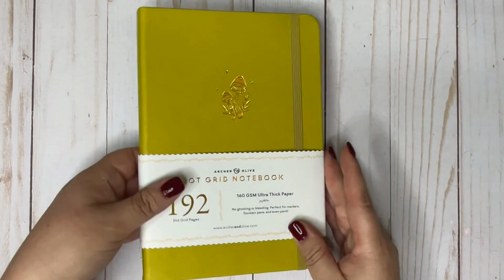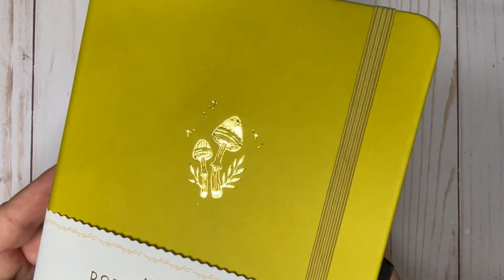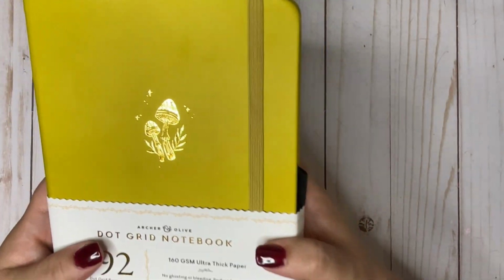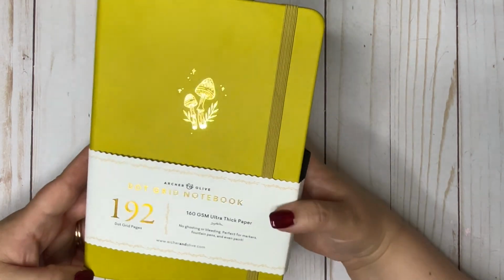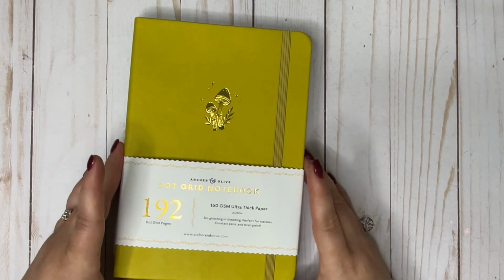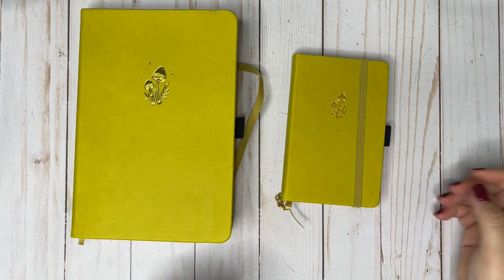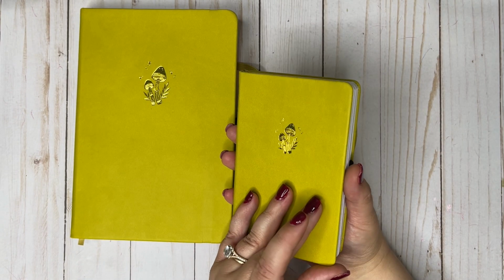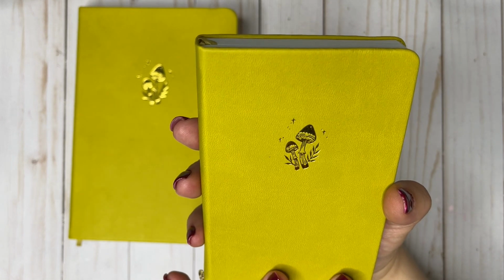My name is Valerie, and I am back today to set up my next journal with you guys. It is going to be my bullet journal for the months of July through December of 2022. It's this gorgeous vegan leather chartreuse green, at least I'm going to call it chartreuse green, 192 page beauty. And I did something fun, which is I also splurged on this little pocket notebook, also from the same company, Archer and Olive. I plan to use this as a companion notebook for calorie counting during the same 6-month period